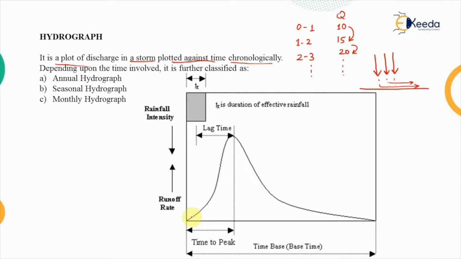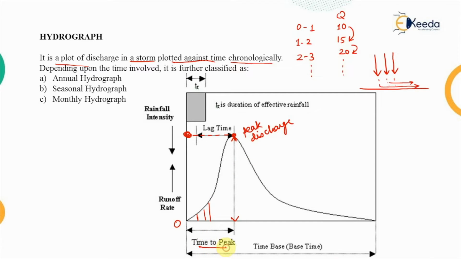Initially when the discharge was low, these were the ordinates, and for the maximum, we get this maximum value, which is known as the peak discharge, the corresponding value on the y-axis. The y-axis represents the runoff and the x-axis represents the duration. Assuming the curve started from 0 hours, the time taken to reach the peak discharge